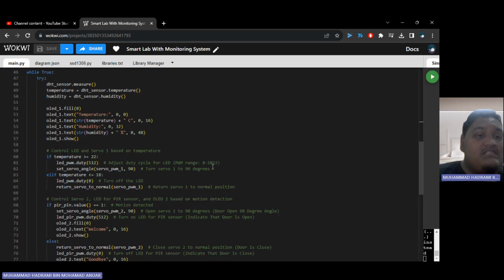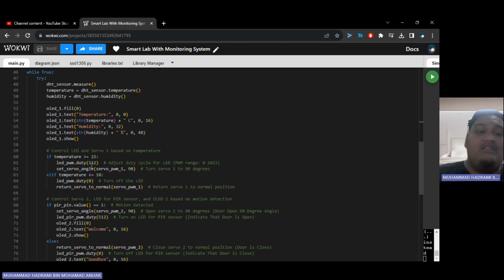And then the DHT22 also will act as an input and will send a signal to servo motor one to turn on. When servo motor one is turned on, it will turn 90 degrees. At the same time, the light blue LED will also turn on, which indicates that servo motor one is turned on. Servo motor one here acts as a hatchback damper to let the cold air in, and after that